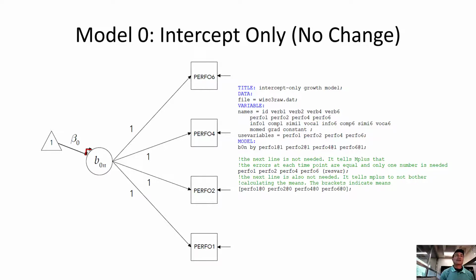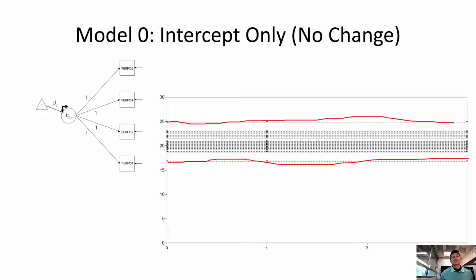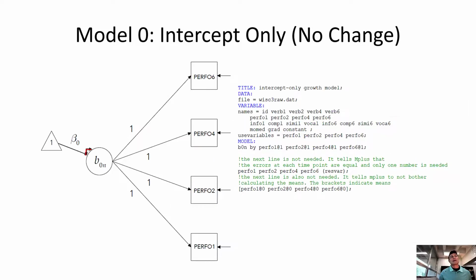And everybody's getting their own intercept. So there's going to be a variance associated with this factor. That's going to be interesting because we're going to see all of the different places that people could start. And in that figure, we see there's a variance associated with this. There's a variance of where people begin.